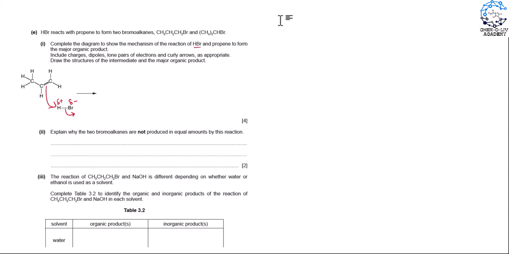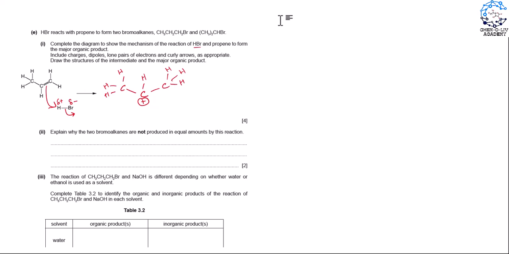So in this step, this carbon will get a positive charge and this carbon will get the hydrogen. So this is one carbocation, which is of 2 degree, and there is another possibility of carbocation which could form,